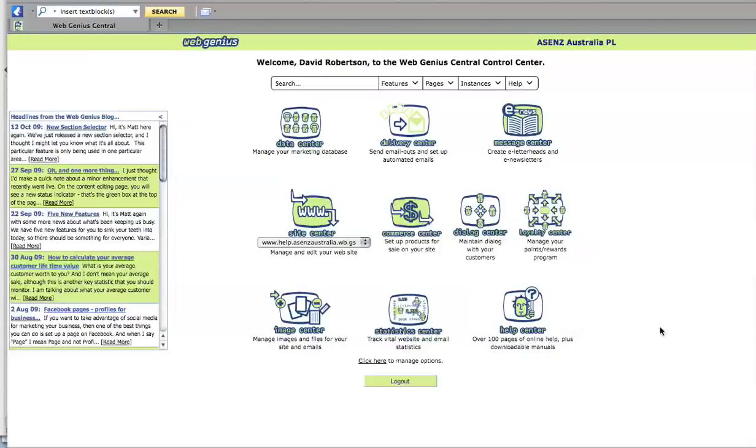We've come to Control Center here, and at the very bottom you'll see an option called Click Here to manage options just here. If you don't see this option, then you'll need to contact the Ascends help desk, and they will need to switch on this permission for you, as it gives you access to more advanced functions within the WebGenius module. To create our secondary site, we click here on Manage Options,